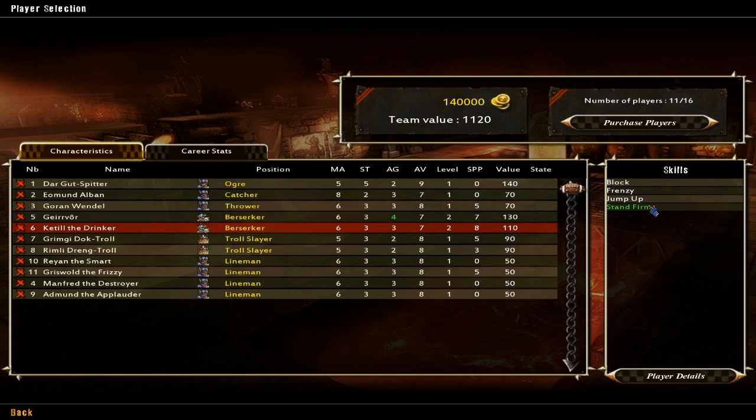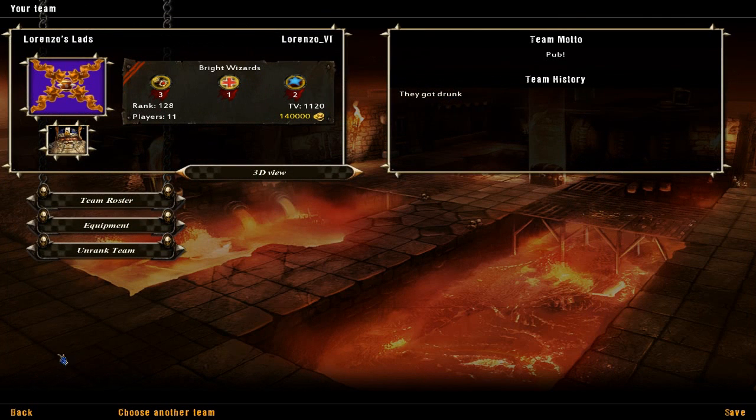I'd love my Ogre to pick up some SPP. My Catcher will pick up SPP when I want him to. It's just a matter of when I want to score with him. My Thrower's got 5 SPP for some reason. And my Trossers are doing alright. So yeah, I'll just quickly show you some...